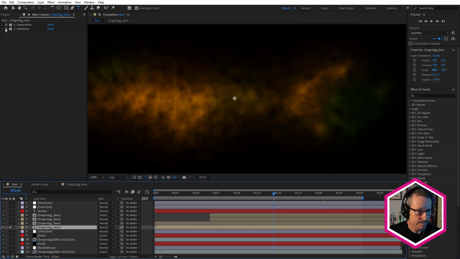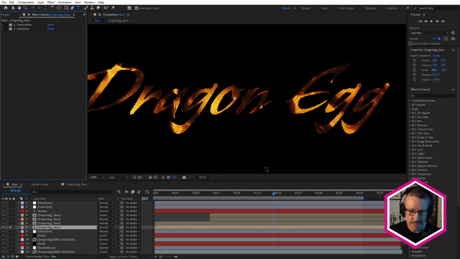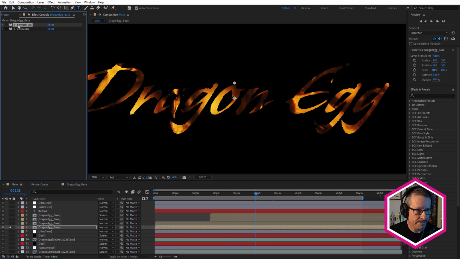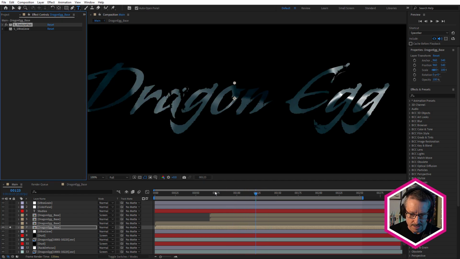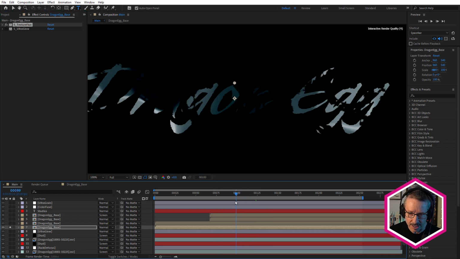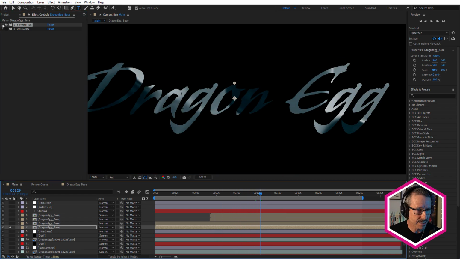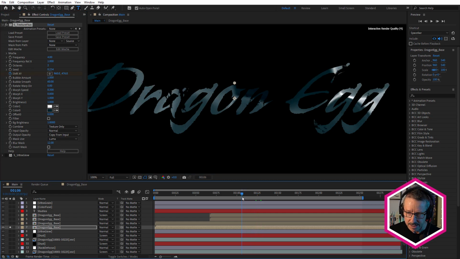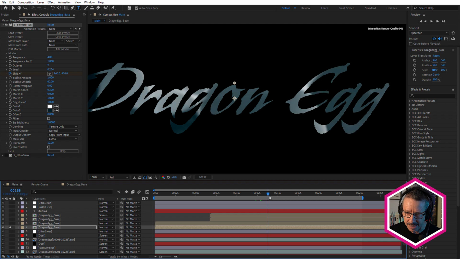So here, there's the layer we just looked at. And to this I've applied Sapphire Texture Flux. So Texture Flux has kind of a liquid feel to it, and it has some animation in here, which is the morphing. So it's just giving us some bright and dark areas that are animating in a nice organic way.